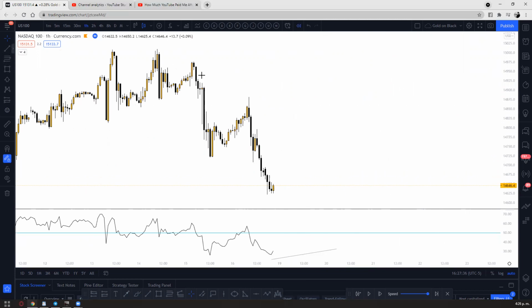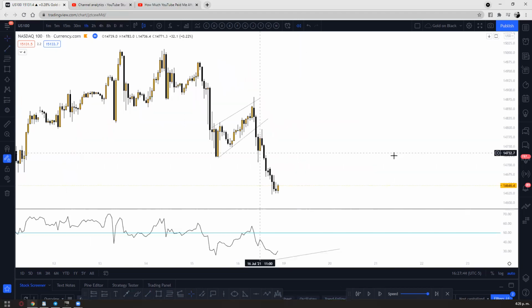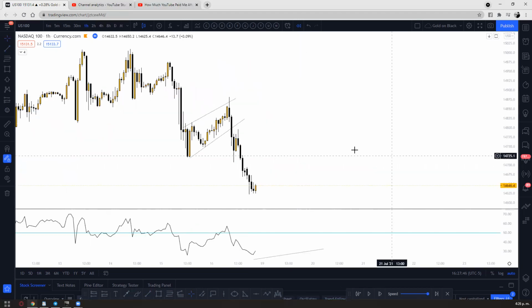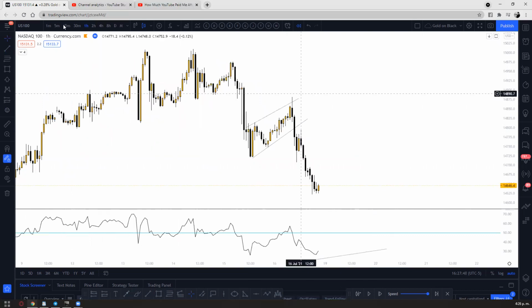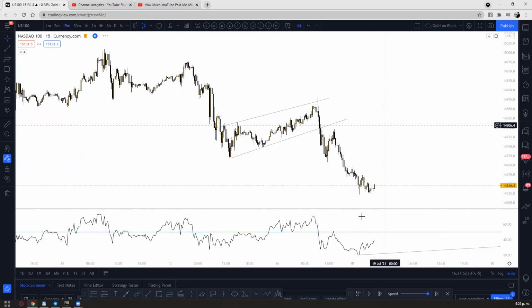sniper entries. So right here, you definitely see the price was starting to melt. You start seeing it creating these bearish flags. If you want to go for a sell, man, that right there, I mean, it's up to you, no problem. So let's go ahead and scale in. I'm going to scale in on 15 minutes, and we're going to start watching